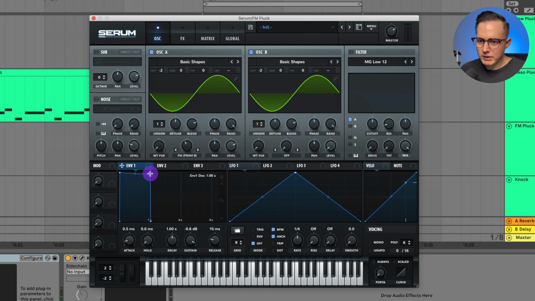So let's go ahead and shape it more like a pluck. So envelope 1, I'll shape like this. And then envelope 2, I'll go ahead and make it look like this. And then I'll use envelope 2 to assign it to that FM from B. So if I did that, that's what would be more like a Deep House, but I'm going to do the